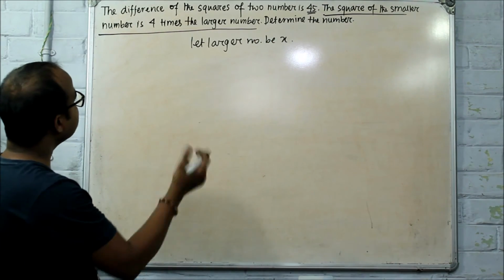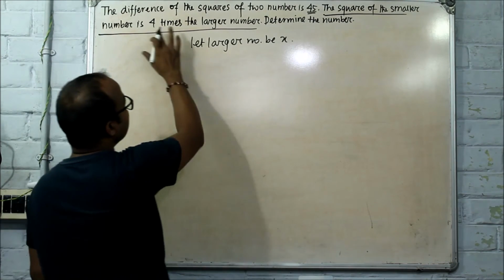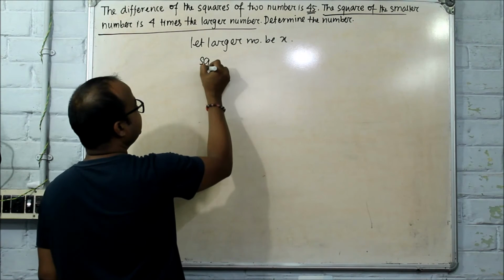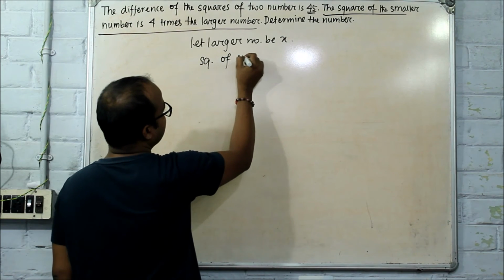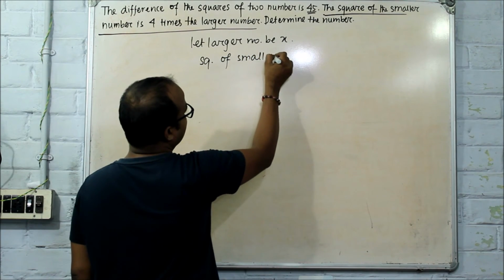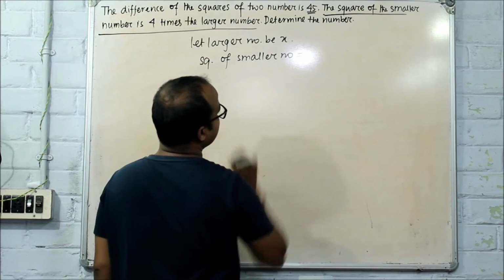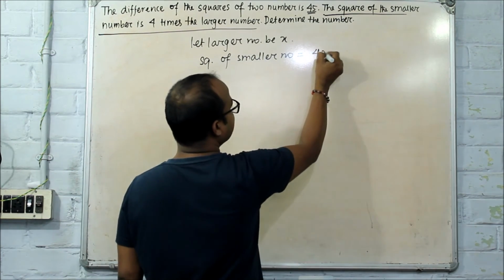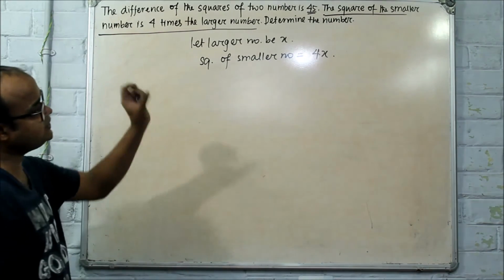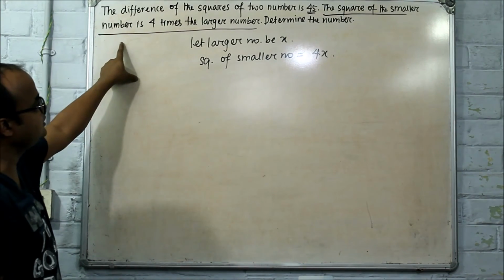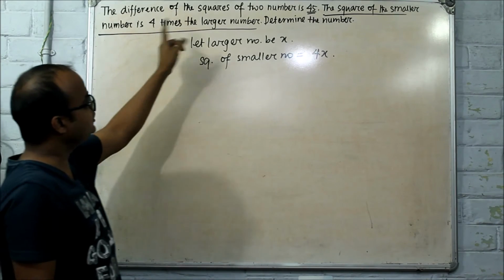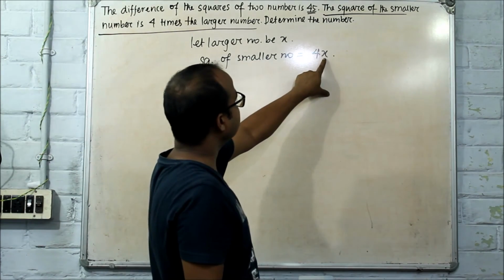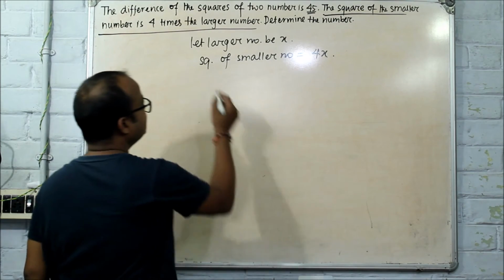Then the square of the smaller number is equal to 4 times the larger number. So we write, square of the smaller number is equal to 4 times the larger number, that is 4 into x. It is given that the square of the smaller number is 4 times the larger number, so the square of the smaller number is 4x. Now